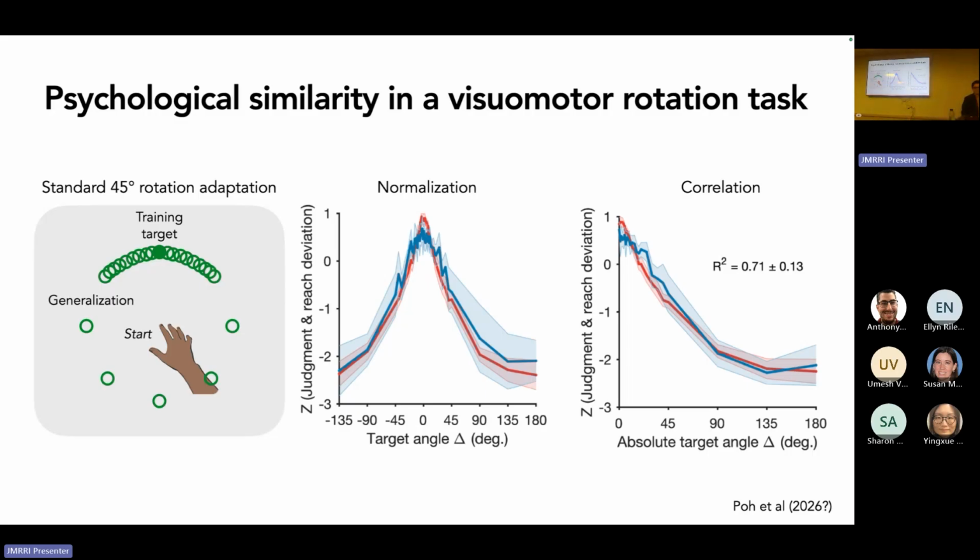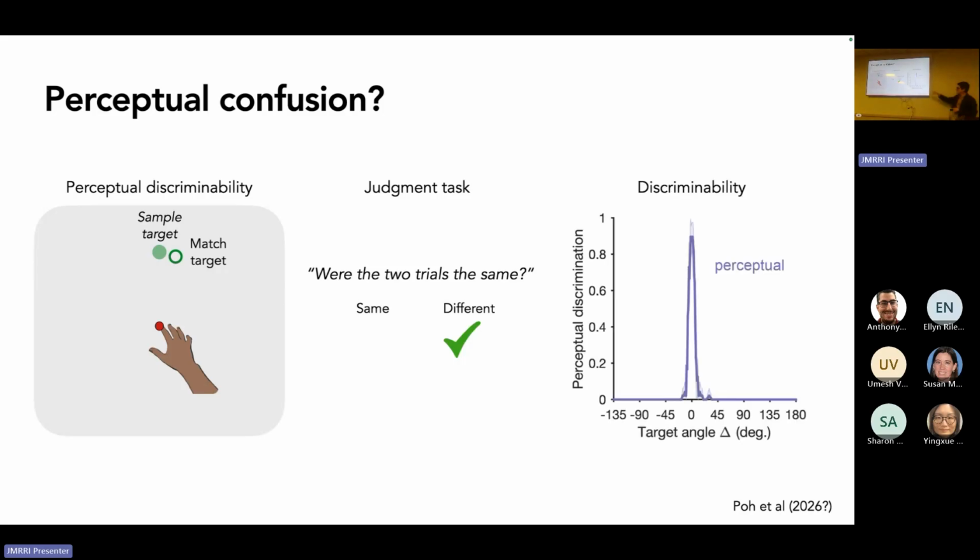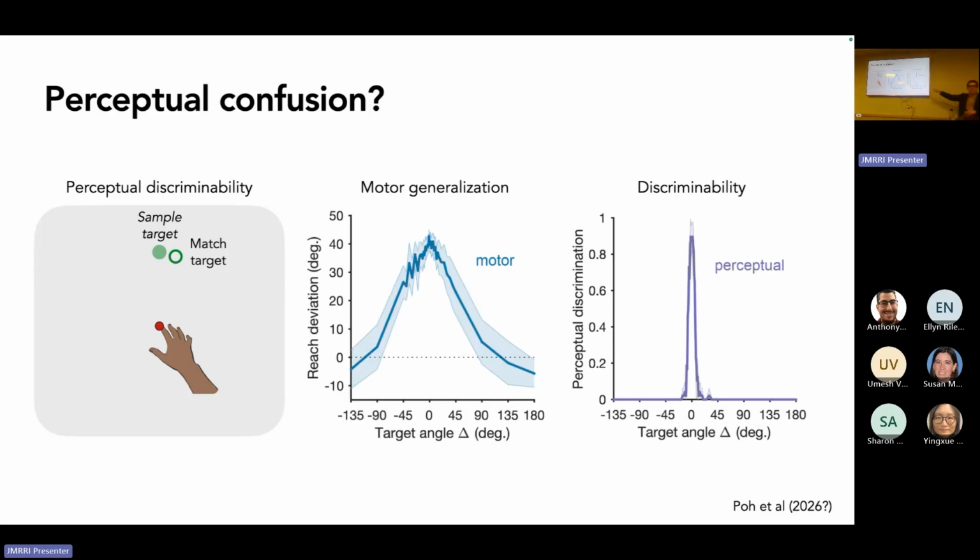So we did a quick perceptual confusion test. Now we just ask them, across all those targets, were the two trials the same or different? So it's a binary response. And what we get on discriminability is a very narrow range. People are basically at 3.5 degrees, which is their ability to detect change in our setup. I think that absolute number I would bet on. This is not a kin arm. It could be different on other devices, right? But about here's 3.5 degrees. And if you compare that, the motor generalization is much broader than the perceptual generalization.